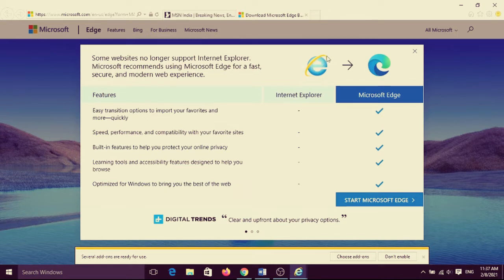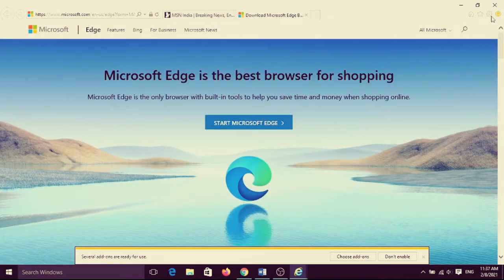You can see the Internet Explorer logo is here, and the Microsoft Edge logo is here. Both options are the same. Features an easy transition option to import your favorites quickly in both.